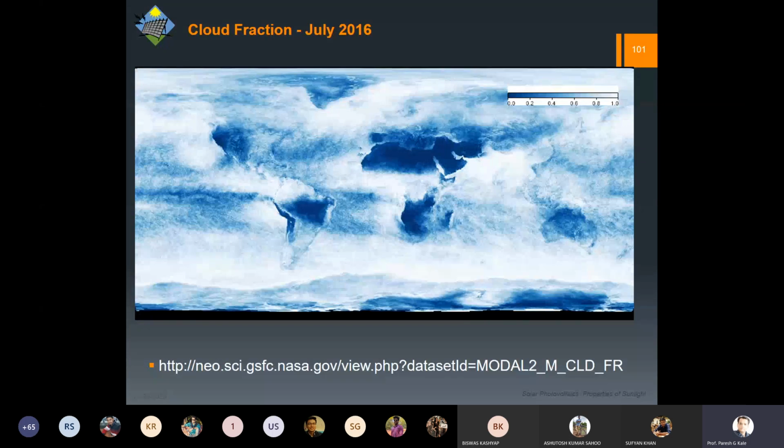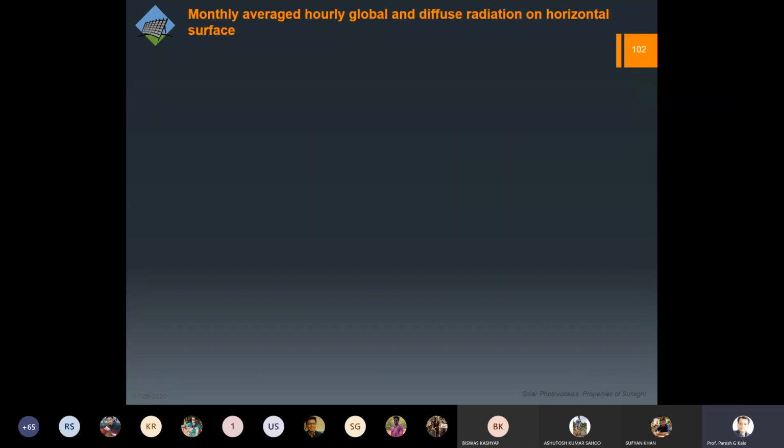So from where can you get this data? Of course, the respective agencies are measuring this. This is the map which we got from the NASA website for the cloud fraction. It shows how cloudy the sky is at a particular moment, and you can get the scale from 0 to 1. White means it was absolutely cloudy, and here you can see there are no clouds. So this cloud fraction you can get. Of course, the definition of cloud fraction depends, and NASA itself defines about 5 types of cloud fractions. Anyway, you got the idea, right?